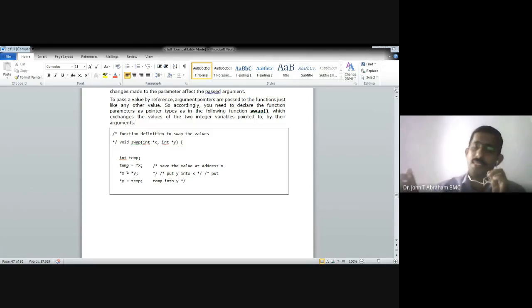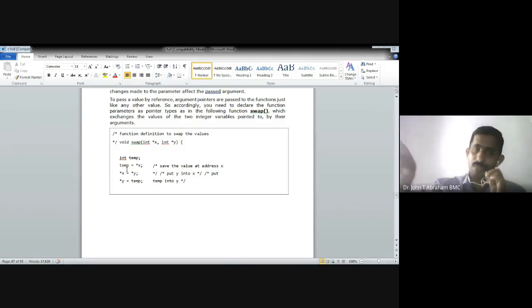Suppose B is another memory location, and B has an address like 0001. Suppose the first variable A contains the address of another memory location, then the first variable is called a pointer.